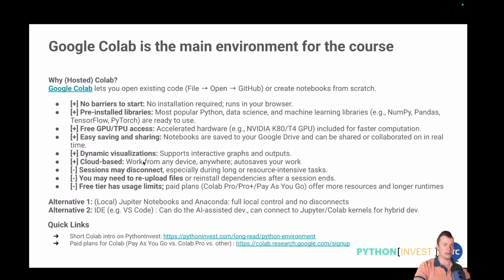What else do I use? I normally develop in Jupyter Notebooks, Anaconda, with full local control. And I normally have an IDE like VS Code. I showed this setup at the previous workshops in December and February, and it's extremely convenient and useful because it has powerful AI-assisted development. You need to pay some money for this, but as of today, it's much more powerful than AI in Colab.